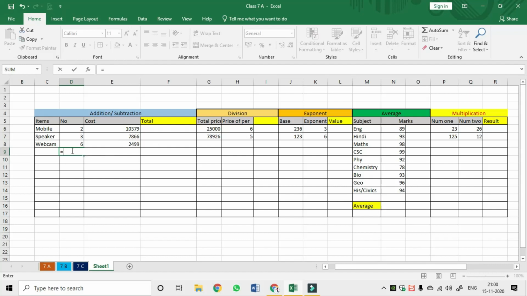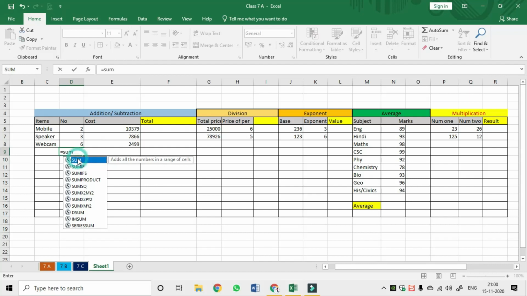Okay, now here is the equal symbol. Once you enter the equal symbol, you have to write SUM. Once you start to type it, the predefined name comes up: SUM.